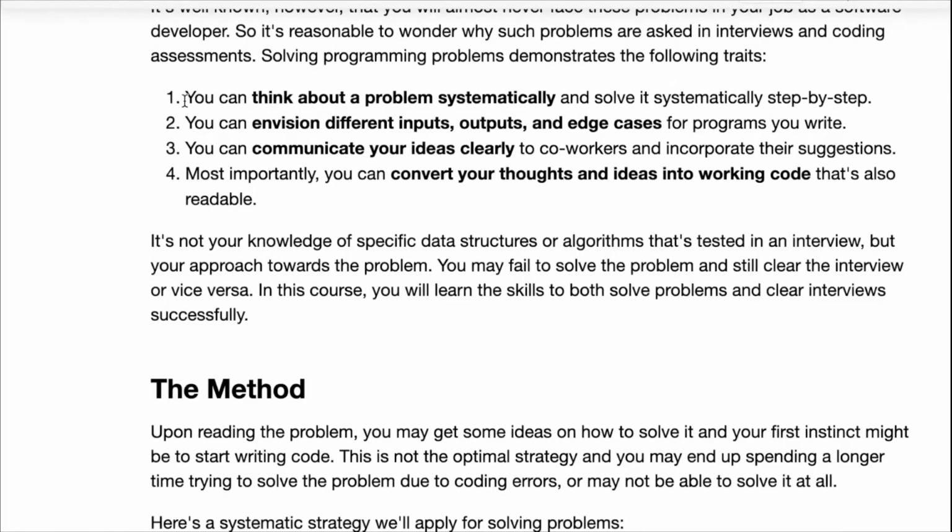Number 1 is that you can think about a problem systematically and then solve it systematically step by step too. And number 2 is that you can envision the different inputs and outputs and edge cases for your problem. Because programs, when you put them out in the wild as part of software, can encounter any kind of inputs. And as you have thousands or millions of users, you will encounter any and every possible input. And often this has many security implications. It can take down the server, it can take down your application,